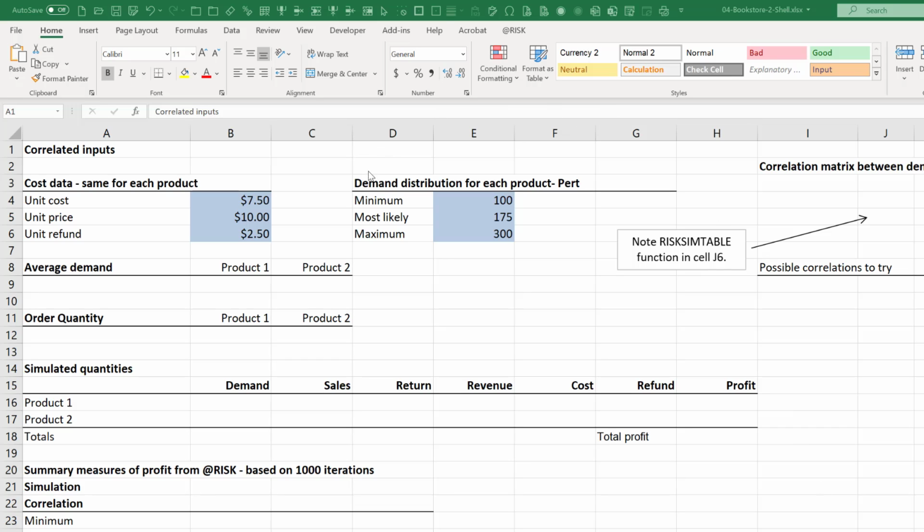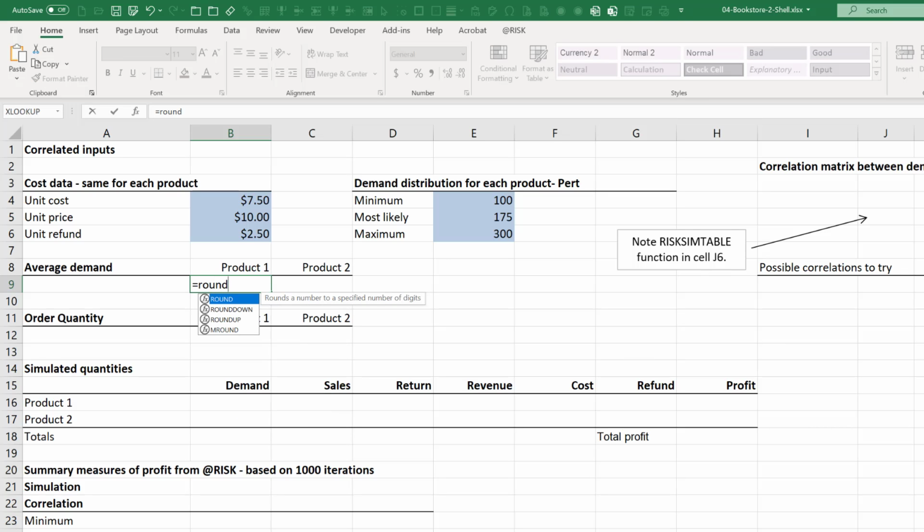Now we are continuing with the bookstore example, and here we're going to look at what happens when you have more than one input. So suppose here we have two products that we want to sell. Now let's assume that the numbers are the same. The cost and price and refund are all the same, and the demand distribution is PERT, and it's the same thing. So we can set up the distributions